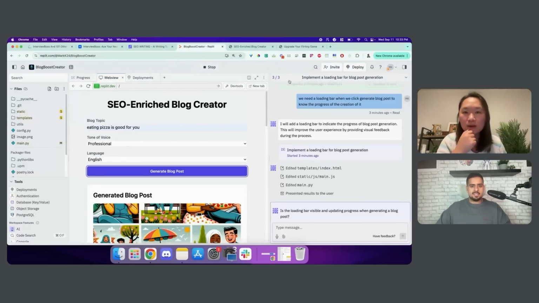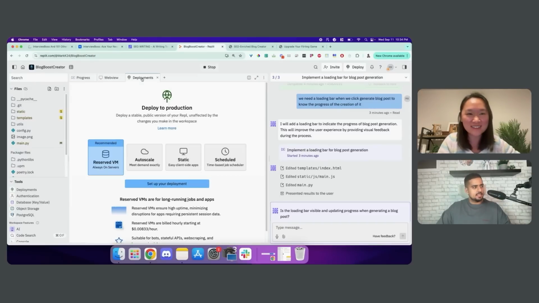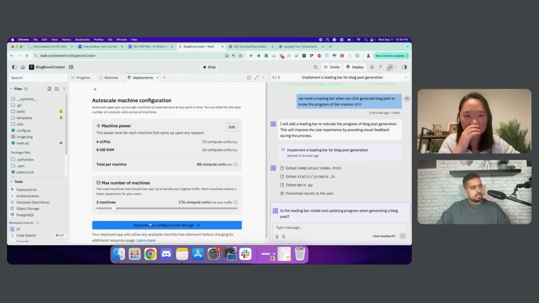Yeah, let's deploy this so we can get the URL for other people to try if they wanted to. Sure. Again, guys, just don't abuse Mark's API key, or else we will have to shut this down. So you just have to go to the deployment, right? Yep. And then again, choose auto scale. Set up deployment,